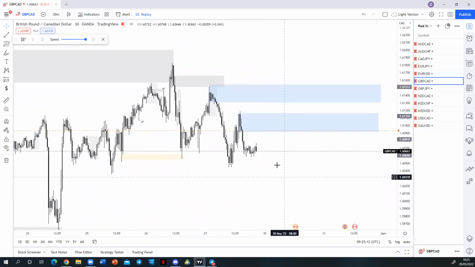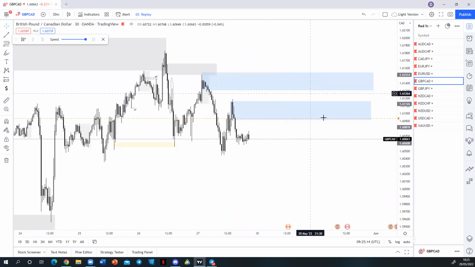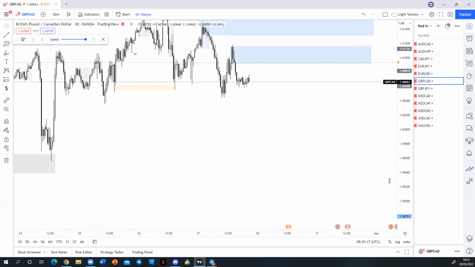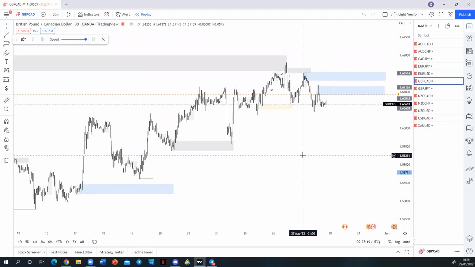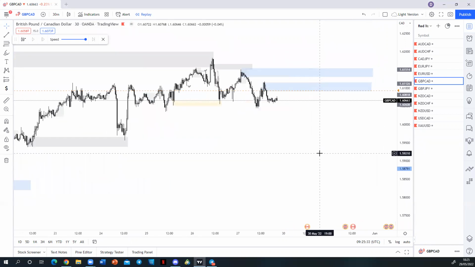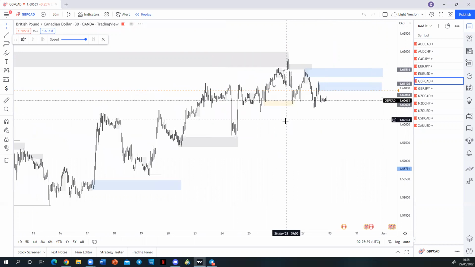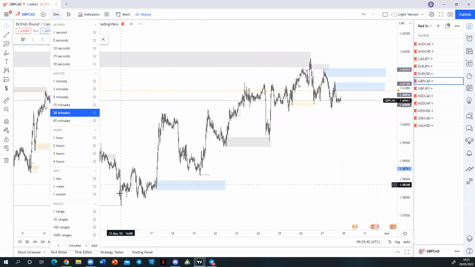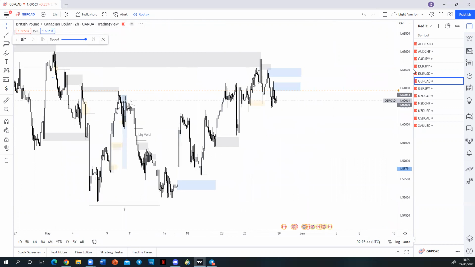So now what we're looking for is some kind of Monday or Tuesday reversal to send us more to the downside. But yeah, guys, this is pretty much the steps that you do have to follow. Mitigations is so key in smart money concepts, and this lesson right here is one of the best things you can probably learn in all the smart money concepts. But yeah, guys, like I say, always be fundamentally aware, have a direction, have a bias, and then only trade in that direction. For GBP CAD, I'll only be looking for sell setups for now, unless things start to change